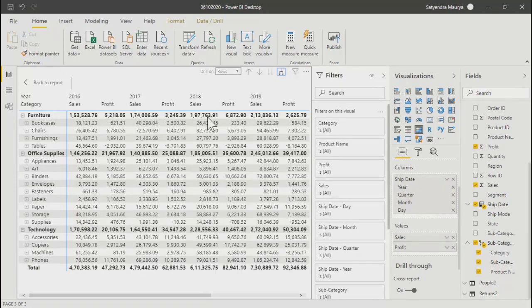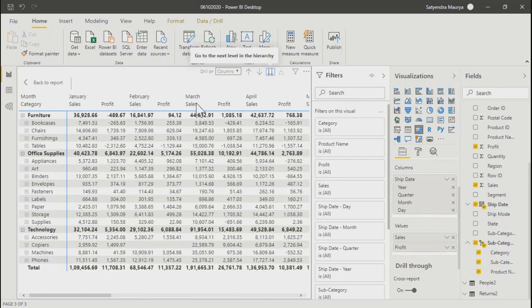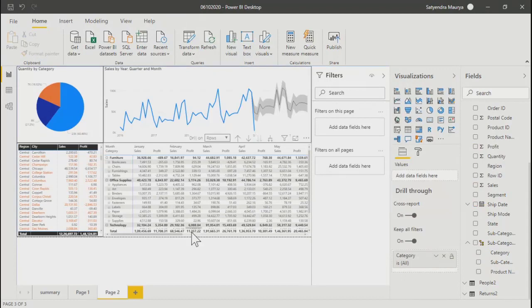Now the same thing will happen in case of columns as well. For example, columns right now is years. You can change that into quarters, or if you click on further, you can convert that into months. That's how you can play with your cross tables generally, and you can see all that data here.